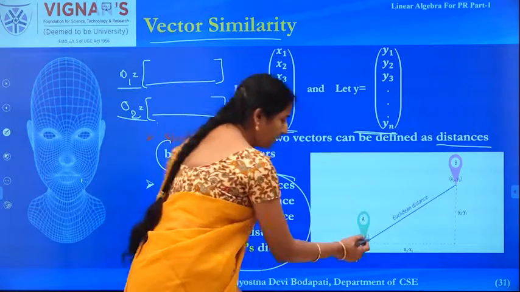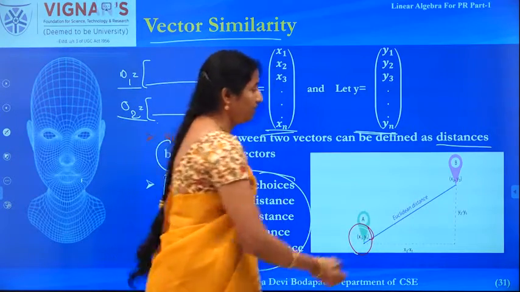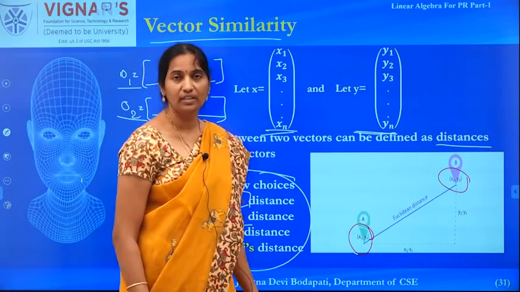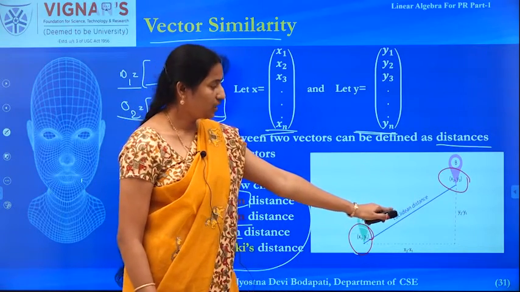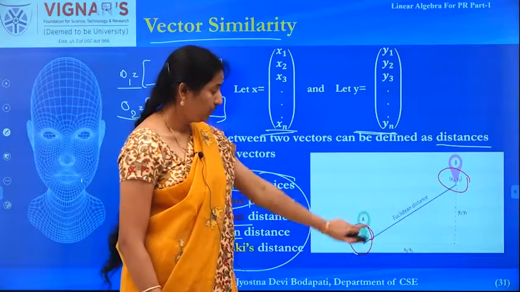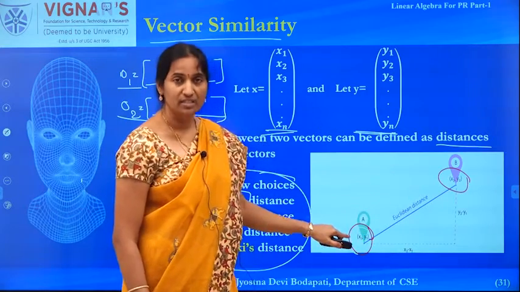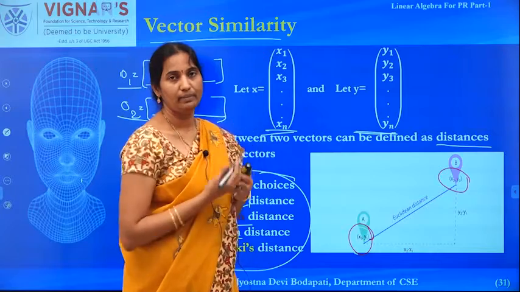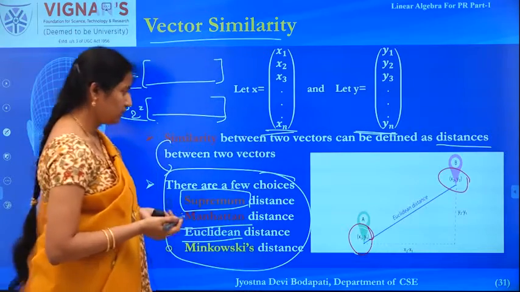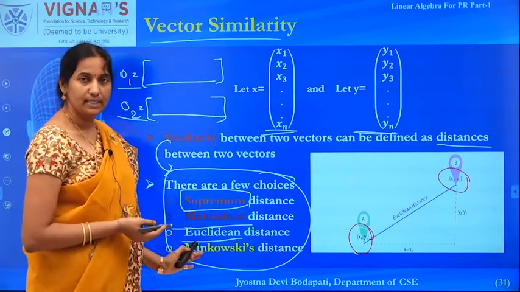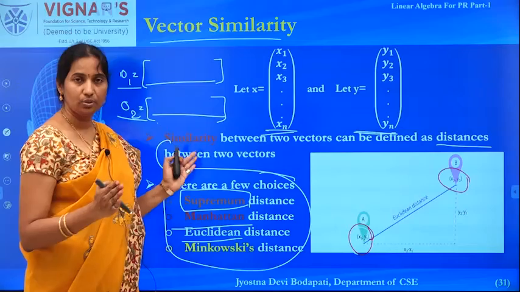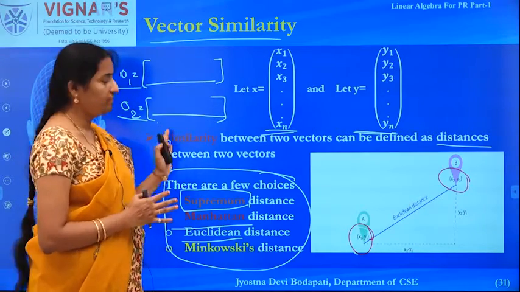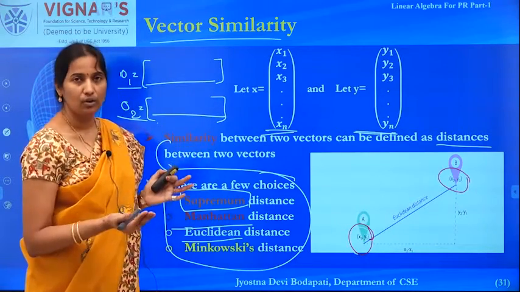Now let us consider the Euclidean distance. Consider this is the vector x1 y1 and this is the vector x2 y2. It is nothing but the Pythagorean distance. Euclidean distance actually gives the Pythagorean distance between these two vectors. If it is in two dimensions, we know that. You can even extend that to higher dimensions also. That is how any of these distance measures give the distance between two vectors, and depending on the distance measure you can say whether the vectors are similar or not.